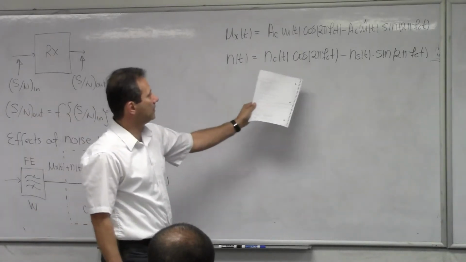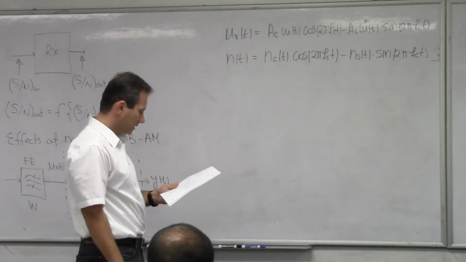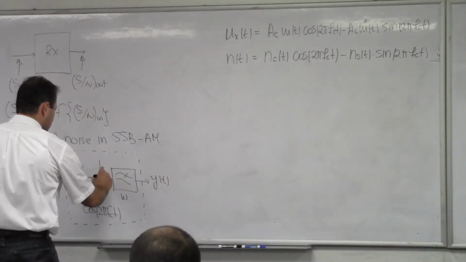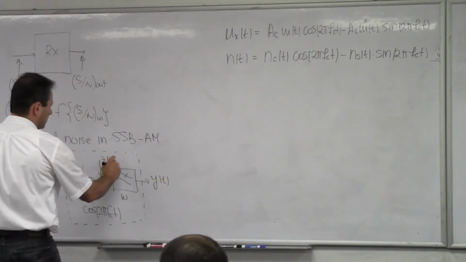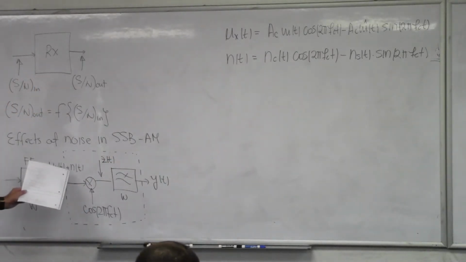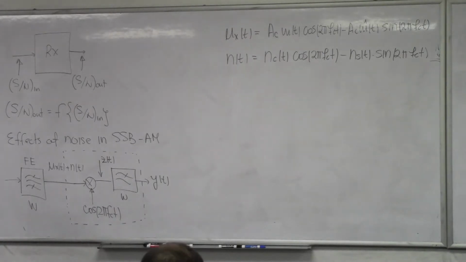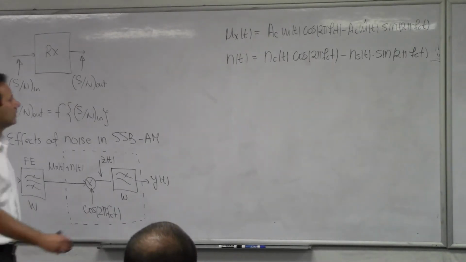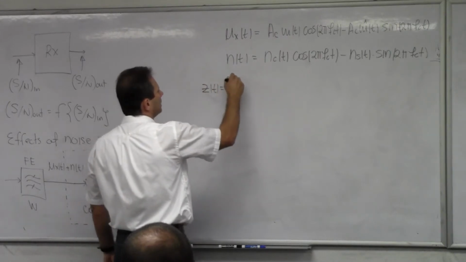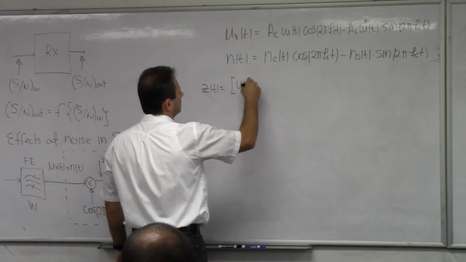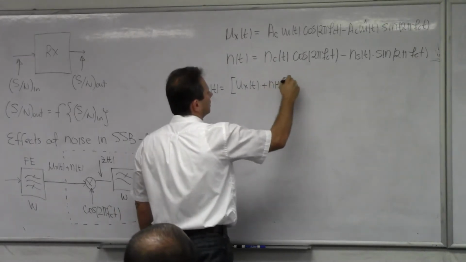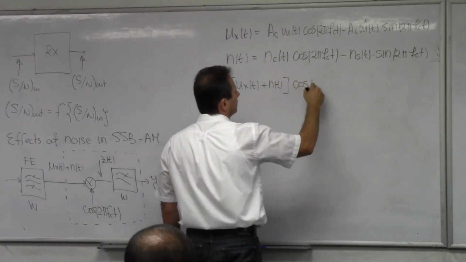And each one having the same power as n of t. Now, let's call this signal here z of t. That's the signal that is the result of the mixing of these two signals with a locally generated carrier. So z of t is going to be ux of t plus n of t times cosine 2 pi